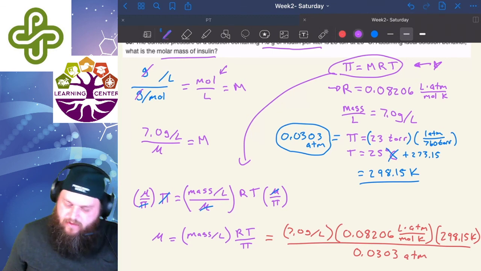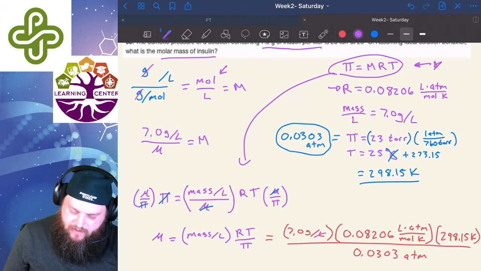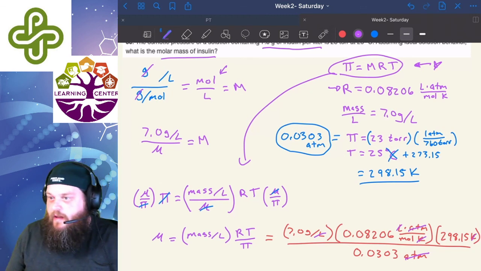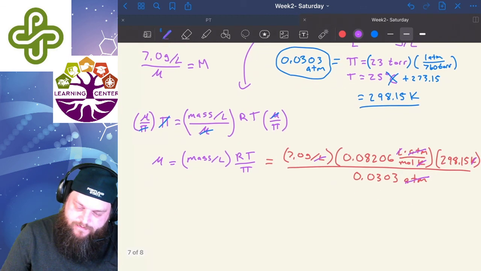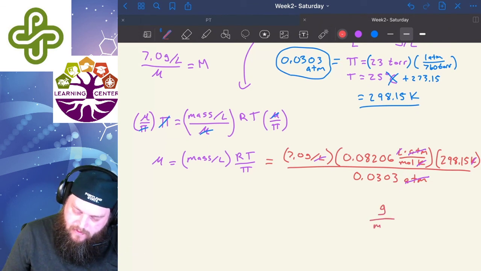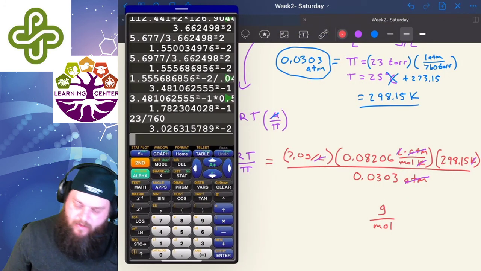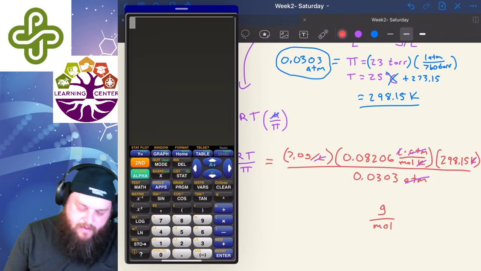Doing our dimensional analysis, we can see that liters will cancel out with liters, atmospheres will cancel out with atmospheres, Kelvin will cancel out with Kelvin, and we're left with grams per mole, because the grams and the moles are the only thing left. So now that we have the right units for molar mass, we can then just do